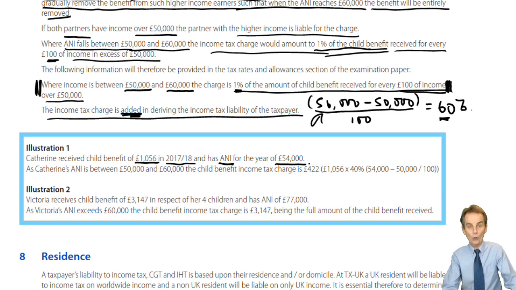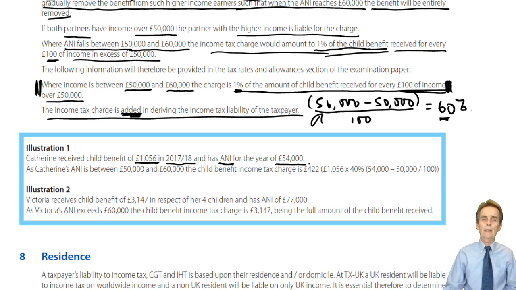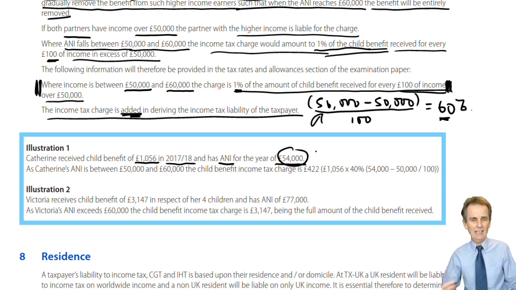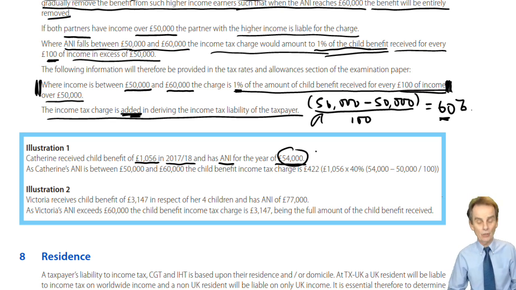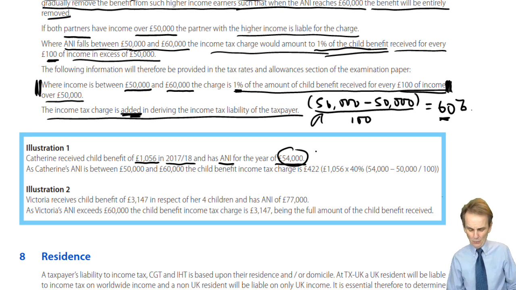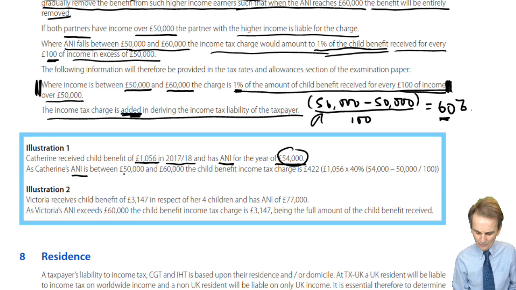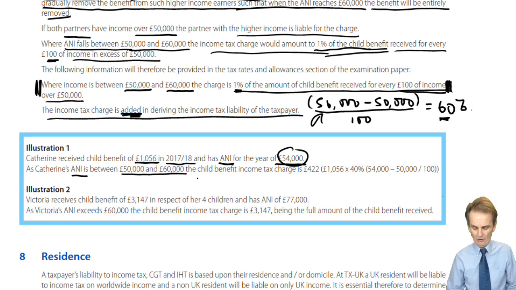You put it together in a normal calculation of net income and then deduct from it, if you're told this within the question, any gross amounts of Gift Aid or personal pension contributions. So that figure again, a figure you're used to calculating, adjusted net income, you may have to do it again. So 54,000. As Catherine's adjusted net income falls between 50 and 60,000, we now have to compute what percentage